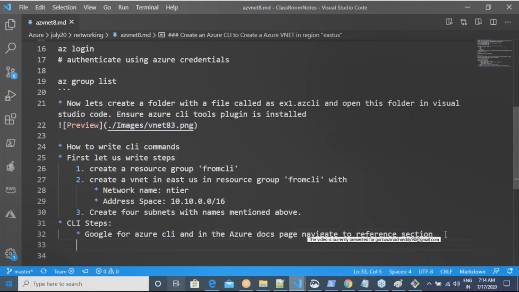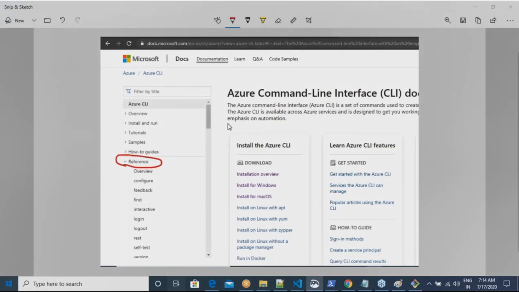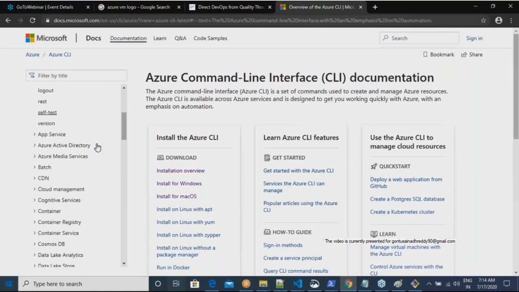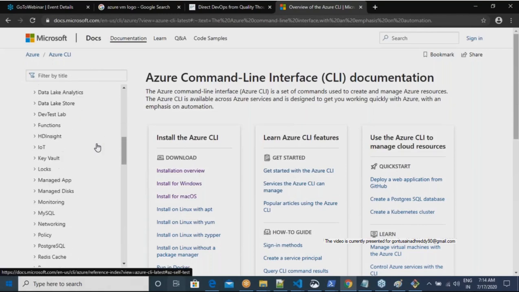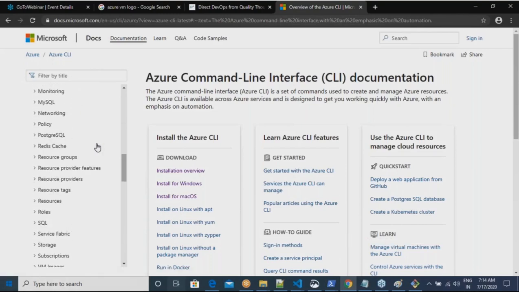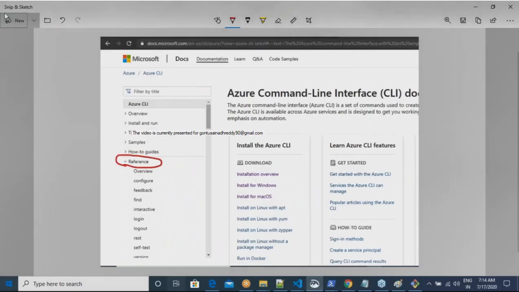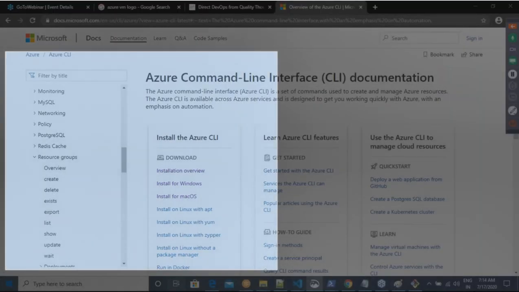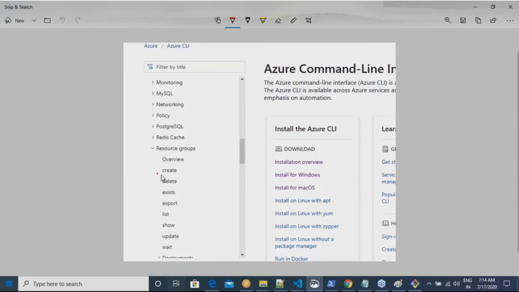Okay. Right. Now what is it that we want to create initially? What is it that we want to create, guys? We want to create a resource group. Yes or no? Yeah. So are you seeing a section called resource group? If you scroll down further, are you seeing a resource group section over here? And in the resource group section, are you seeing a create? Yeah.